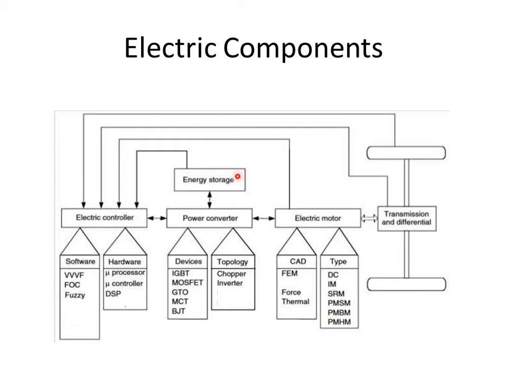Now coming to the main electric components present in the electric propulsion subsystem, as we have seen, we have mainly the electronic or electric controller, a power converter and an electric motor. These are the electric components present in the propulsion subsystem. Now the first thing is the electronic controller. It consists of mainly a sensor circuit, an interface circuit, as well as a processor.